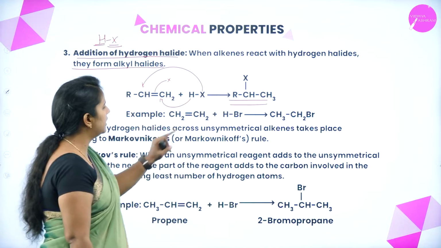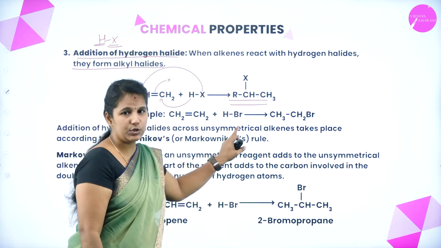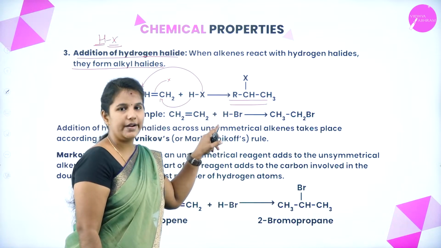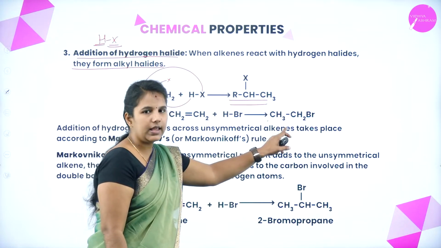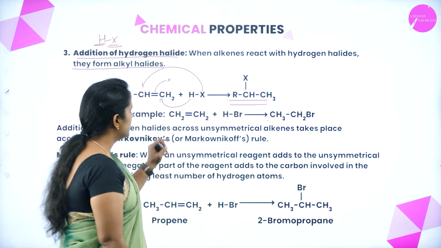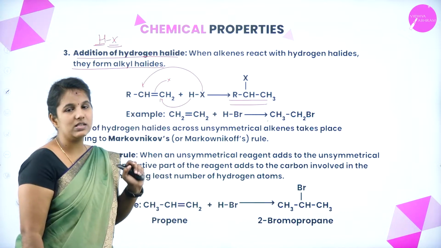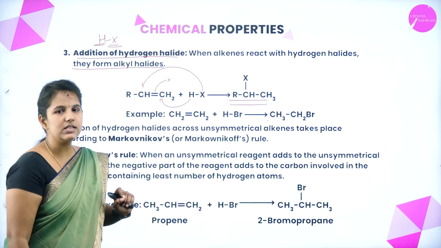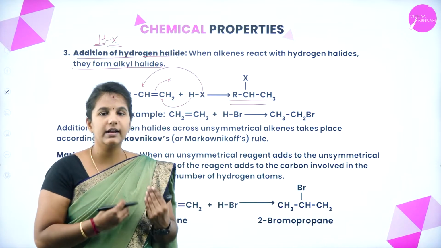So for this I have considered an alkene. It is ethene, which is allowed to react with HBr, which is a hydrogen halide. The name of this compound is hydrogen bromide. So alkene reacts with hydrogen bromide. It forms CH3, CH2, Br. So remember, this CH2 will take up one more proton, whereas the other CH2 will take up bromine, or you can say a halogen group. This is how, when an alkene reacts with hydrogen halide, it gives rise to the